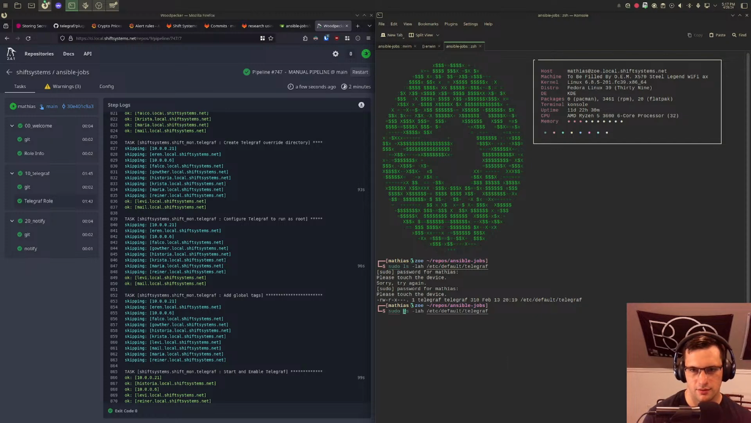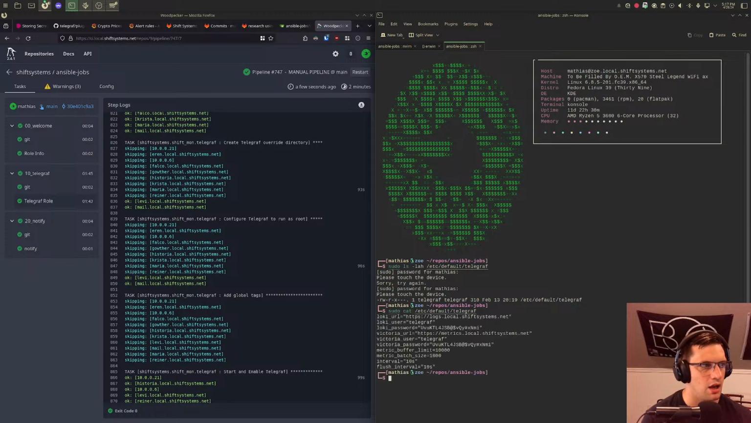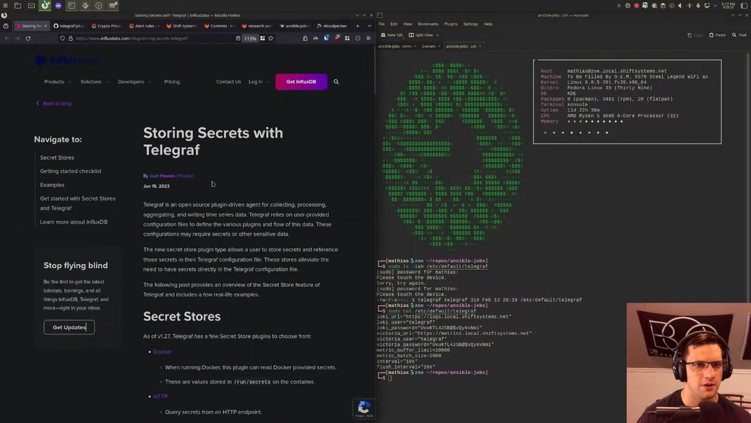But the problem is, I'm not the Telegraf user or root, and I can see this secret. It's not hard for me to get at. Telegraf does have a solution for this, and it's to use the OS secret store. They have this really nice blog post over here